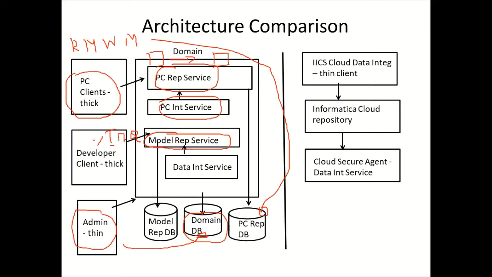All the mappings or applications that you create in your developer tool, which is again your client, will be stored on your model repository database using the model repository service. And when you run your profile or your mapping, the data integration service comes into the picture, which communicates with the model repository service to get the metadata, connects to the source, runs the mappings and populates